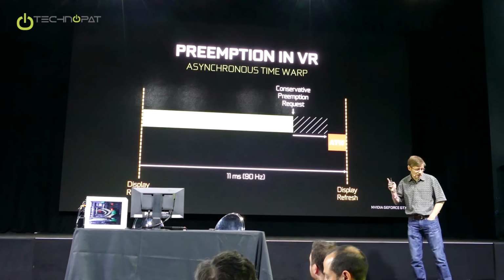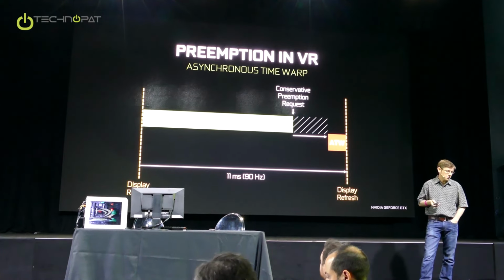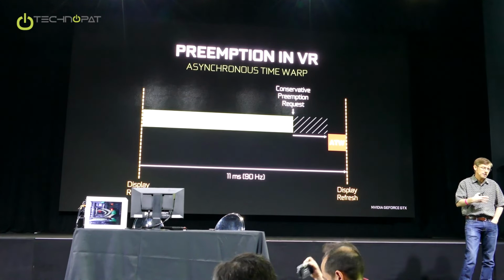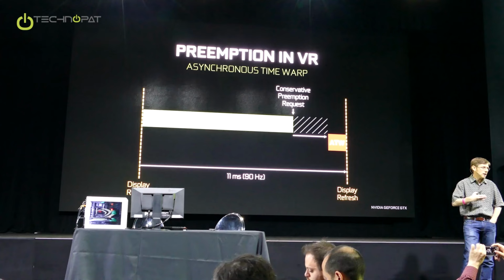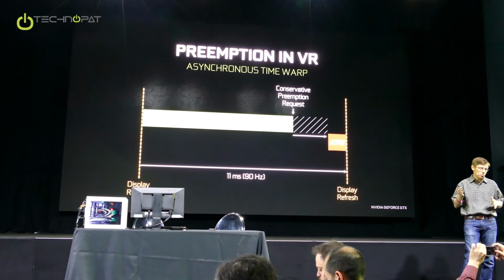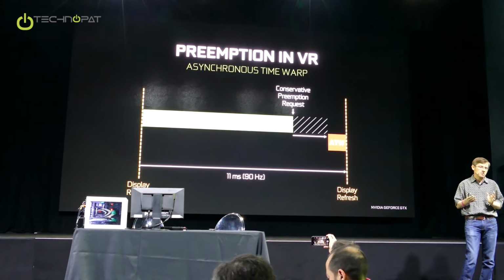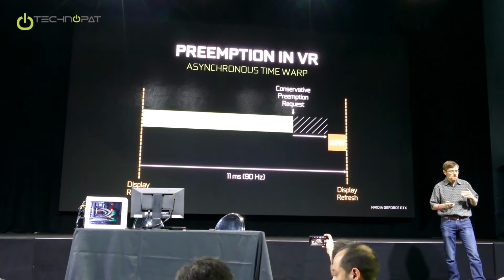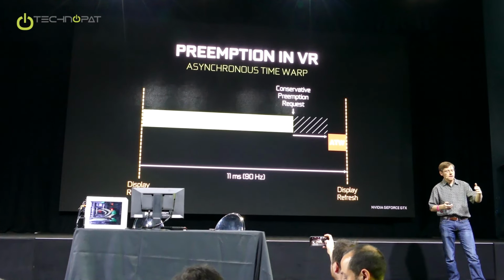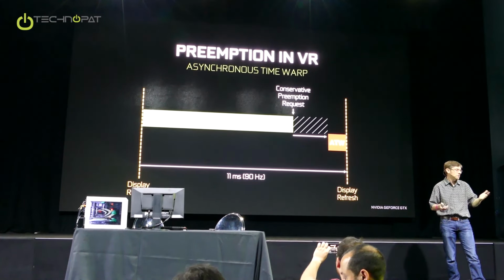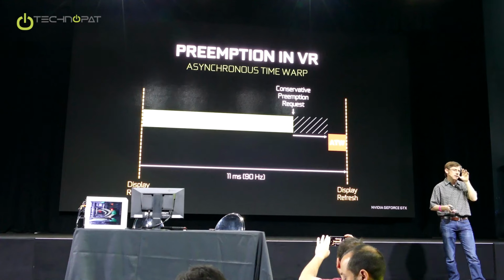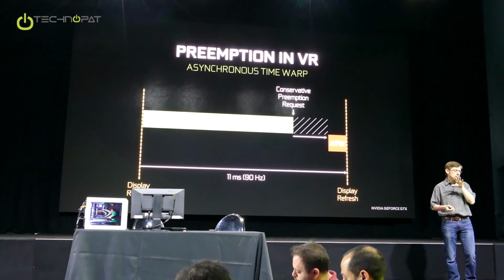Okay, so I just have an example here related to VR. This basically shows the effect of having different levels of preemption on behavior. This is one of the concepts in VR that some of the VR makers look at: you do your rendering, and then asynchronously you do something called an asynchronous time warp. At the moment of the display refresh for the VR display, you want to take the current head position, and you take your last